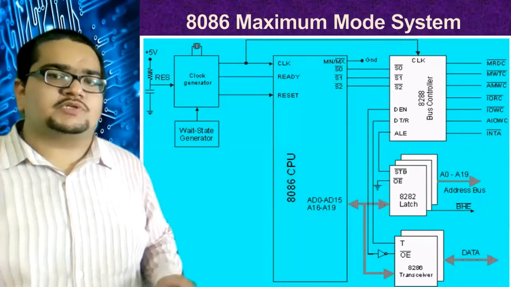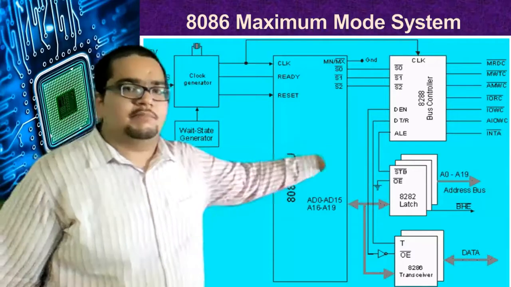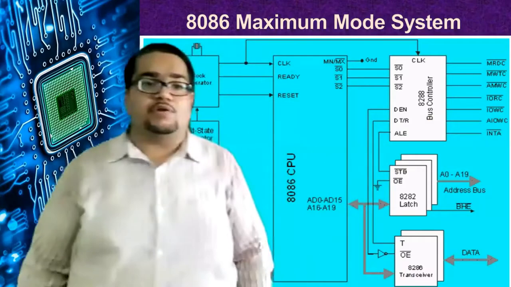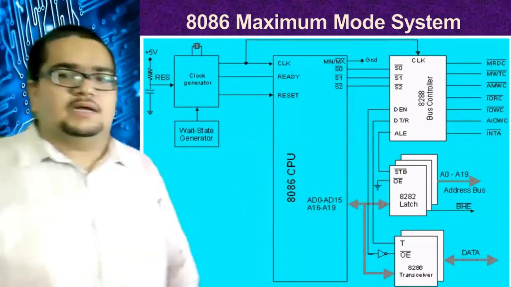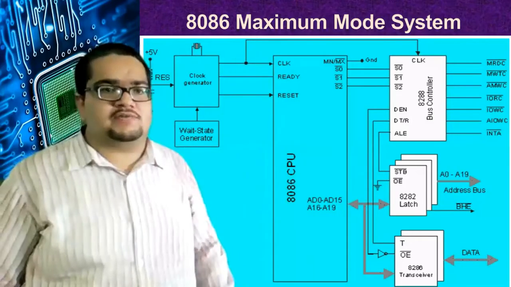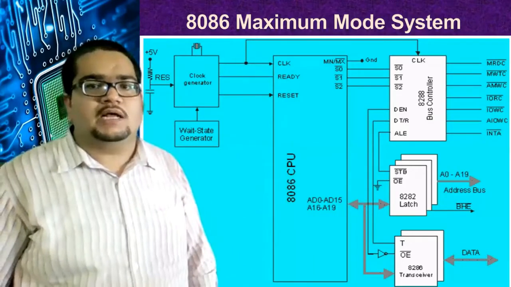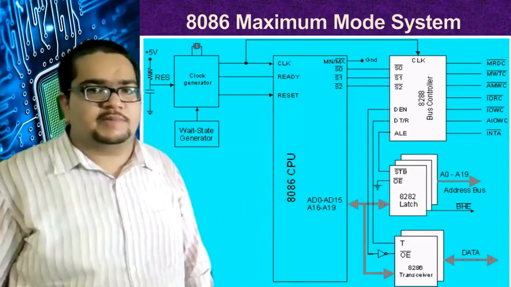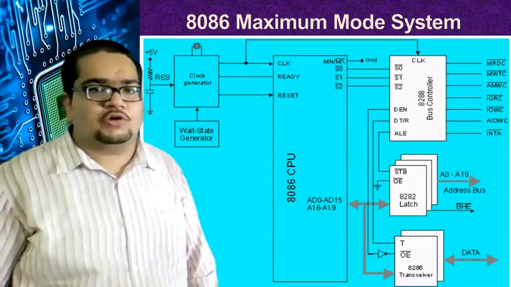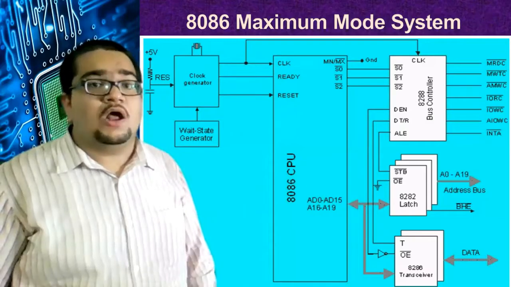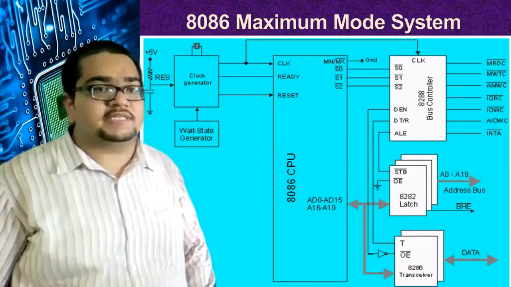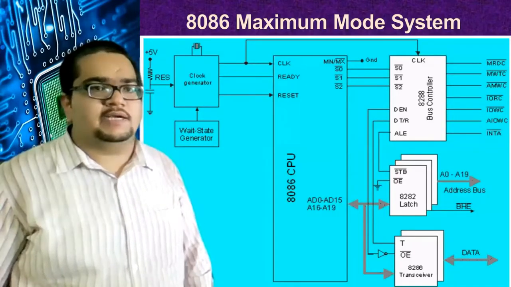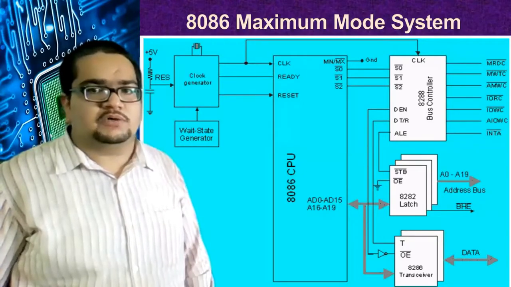The bottommost one here is the last signal generated by this bus controller, and it is INTA bar. As you progress upwards, I will read out each signal and explain it. Any other things are not required to be discussed here, as we have done them in the minimum mode. So we shall only talk about the signals coming out of the bus controller. INTA bar is interrupt acknowledgement. It comes out as a control signal from the bus controller when the status lines are 000: S0 bar is 0, S1 bar is 0, S2 bar is 0. When all are 0, INTA bar is generated by the bus controller.